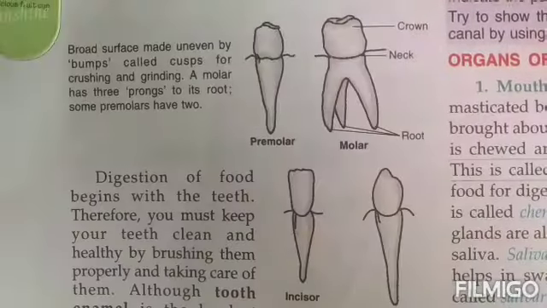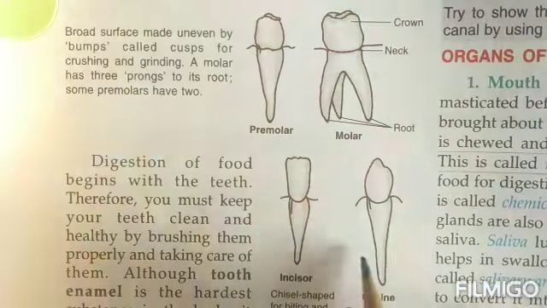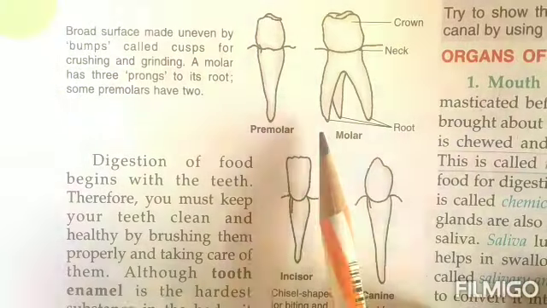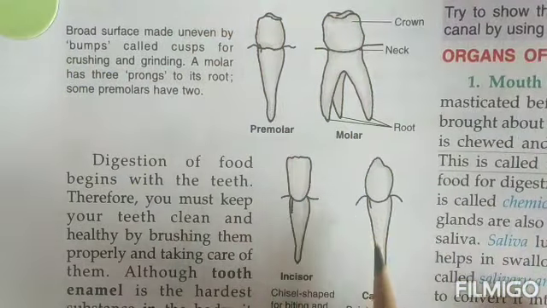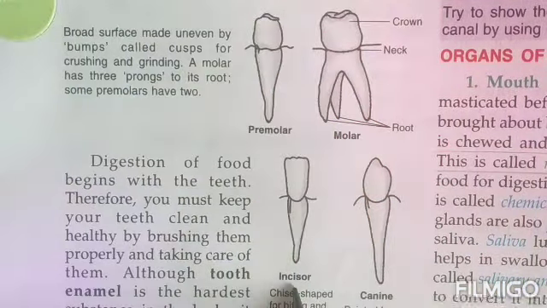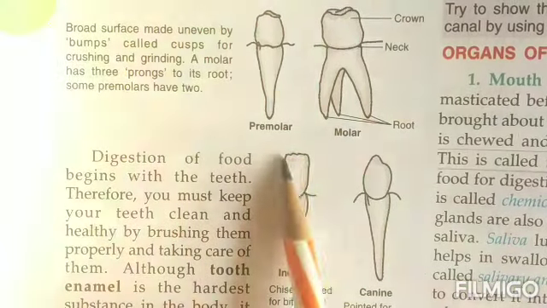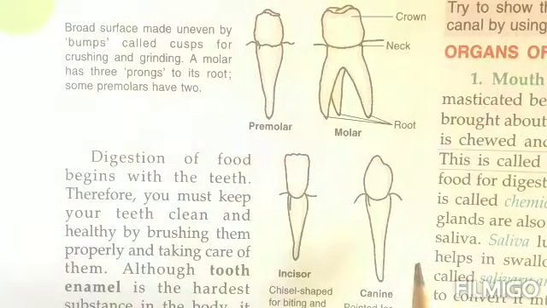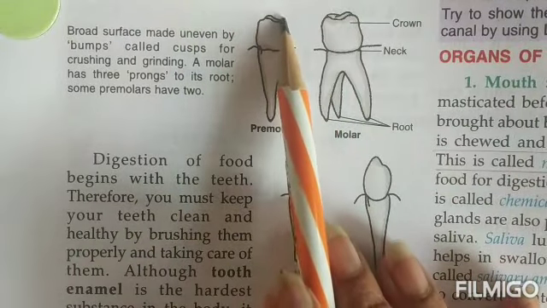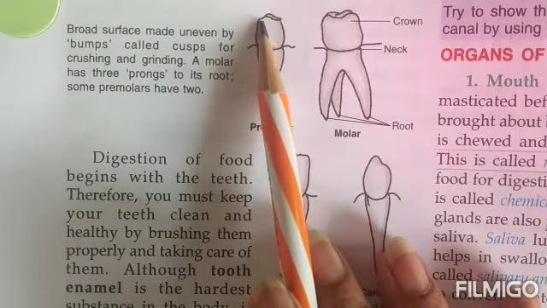Now the next picture over here children is showing you the 4 different types of teeth that are found in our mouth. You need to learn how to draw them and see the structure of all 4 of them is slightly different from one another. Right? See the incisors, they are flat over here. They are flat and they are chisel shaped. Then these canines children, they are pointed. The premolars, see, they have some crown. The crown over here has some elevations as well as depressions, which are known as the cusps children.